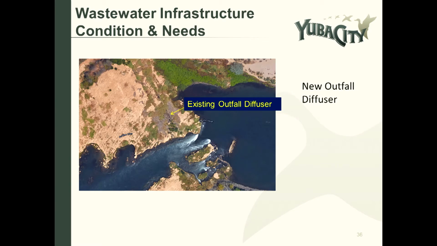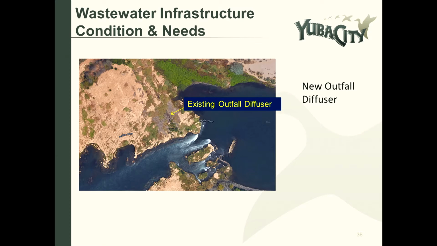So in 2012, there were major changes in the Feather River channel at Shanghai Falls. Previously, the Feather River used to cross pretty much this entire channel, creating the falls. What happened was it actually carved out this channel even more. So under somewhat normal operating conditions, the water is contained to this portion of the river. And so our diffuser, which you can see right here, is now exposed.